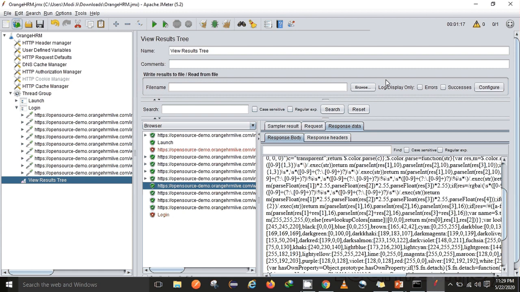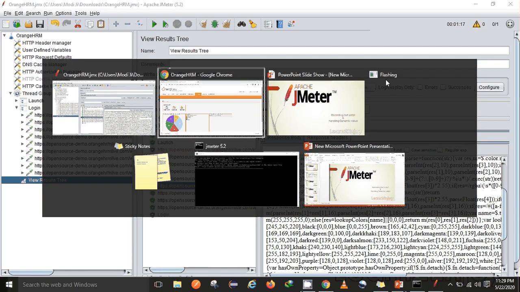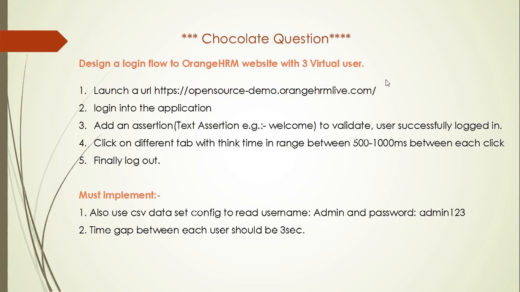Okay, so finally, before wrapping up this video, I would like to show you something. Finally I came up with the chocolate questions. The chocolate questions give you a challenge to design a login flow to the Orange HRM website with 3 virtual users. Below are the steps which you need to add in your script. Launch a URL, log in to the application, add an assertion, specifically a text assertion.